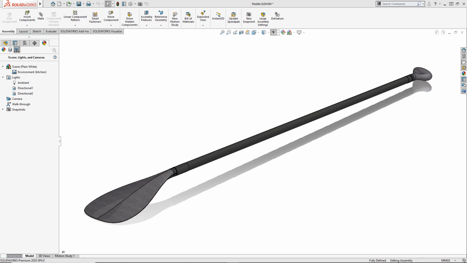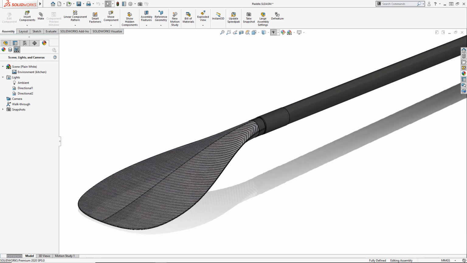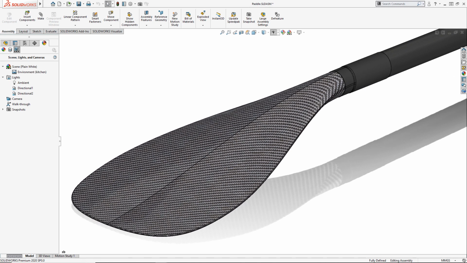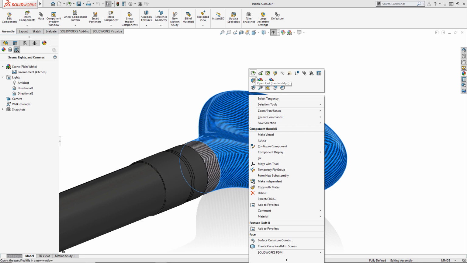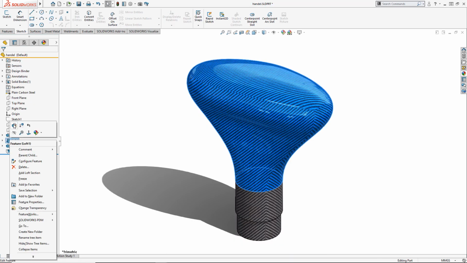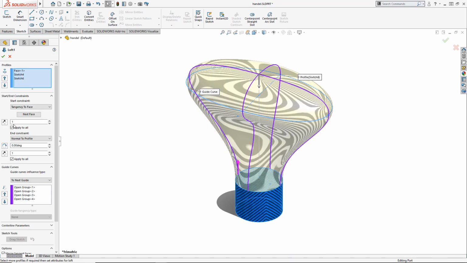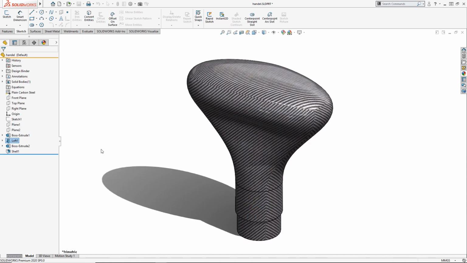Continuing the nautical theme, let's have a look at this paddle designed for stand-up paddleboarding, and hence its long slender shape. The two interesting areas are the handle and the blade, and we'll start with the handle. Although this shape looks very organic and complicated, the actual majority of the shape has been created with a single loft, but this time it is the guide curves that are controlling the way a single elliptical profile is morphed into a single point at the top.